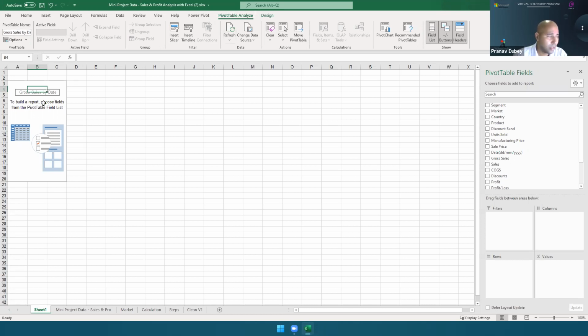Pivot table analyze, click on the pivot table, then pivot table analyze, and then you can rename on the left side. Give any name. It's just to identify. Later on, we will need to differentiate our different pivot tables. So by name, we will differentiate it. If we do not write a name, by default, it will take pivot table 1, pivot table 2, 3. And looking in a list, you have to remember what is in pivot table 1 or 2. But by giving a name, it will be more clear.